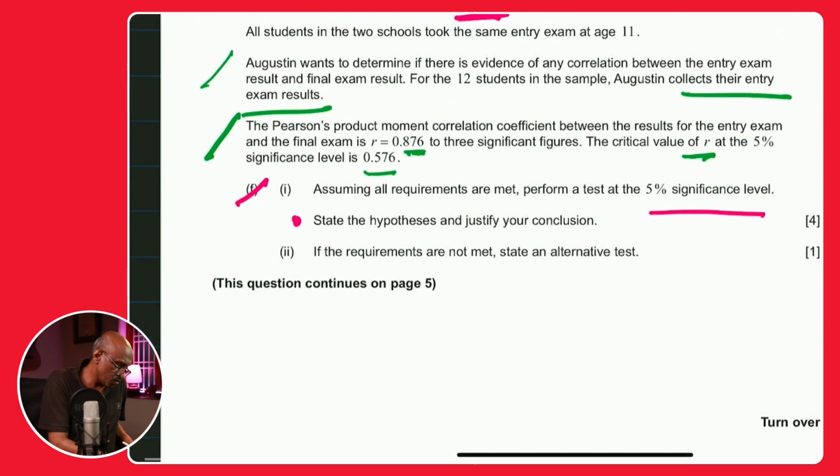They're saying that assuming all requirements are met, because what is he trying to say? Augustine wants to determine if there is any evidence of any correlation. If there's evidence of any correlation, is there a correlation? Every time, that's the thing that we use in the alternate, that there is a correlation, and the null is that there's no correlation. Typically for the sample, whenever we did any kind of questions on sample, we say R. This is rho, the Greek letter, talking about the population correlation coefficient. So you got to use rho there, and we say rho is equal to 0 and rho is not